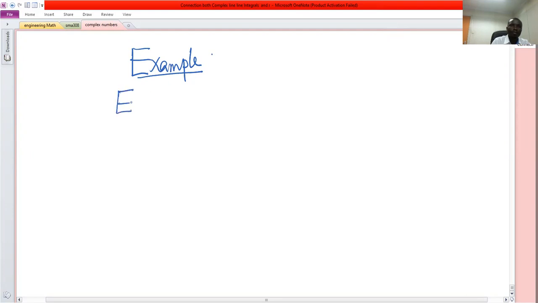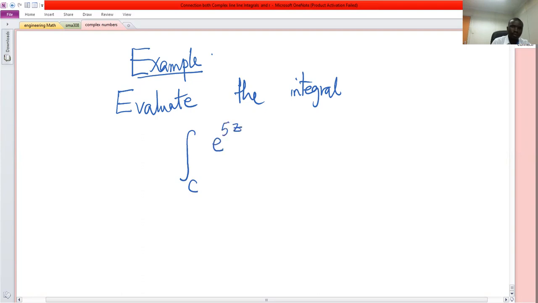So evaluate the integral of 5z divided by z plus 1 raised to power 6 dz, where C is the circles